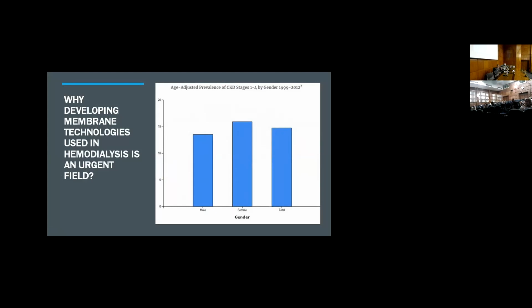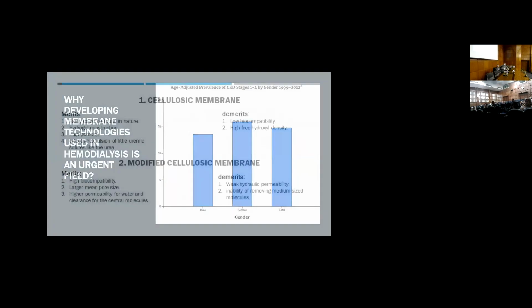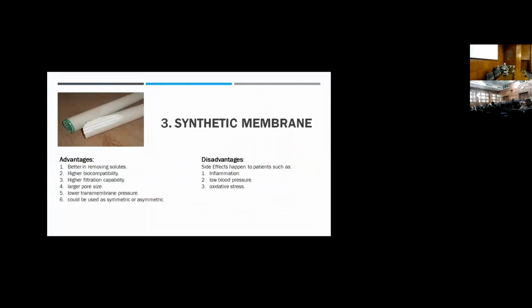What's new is the use of the synthetic membrane owing to its high biocompatibility. Here I'm showing the advantages and disadvantages of the synthetic membranes, which are used nowadays, and most researchers